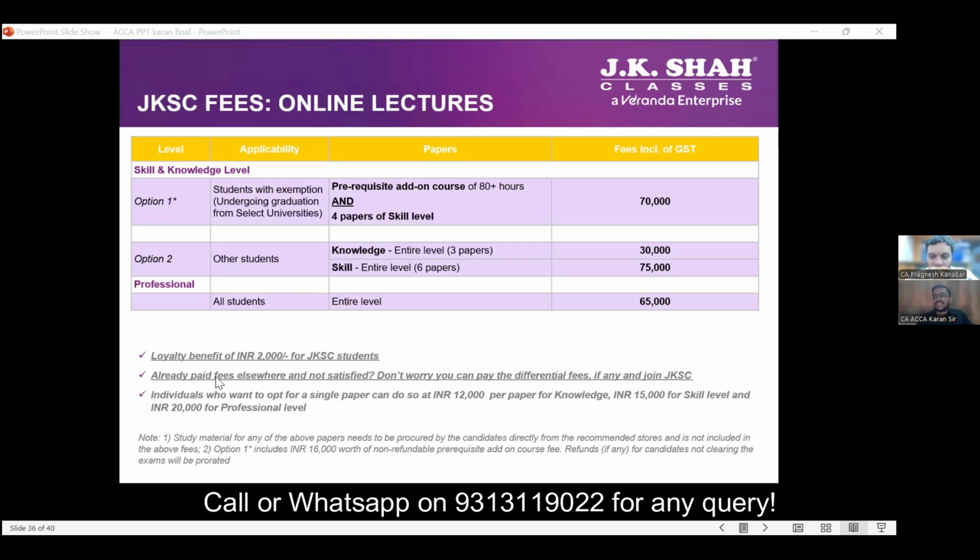Once again, this is something which no player in the industry will do for you. Yeah. I know other players in the industry and I have analyzed everything and then I have decided what we are supposed to do. This is the lowest fees with the highest flexibility that you are giving.